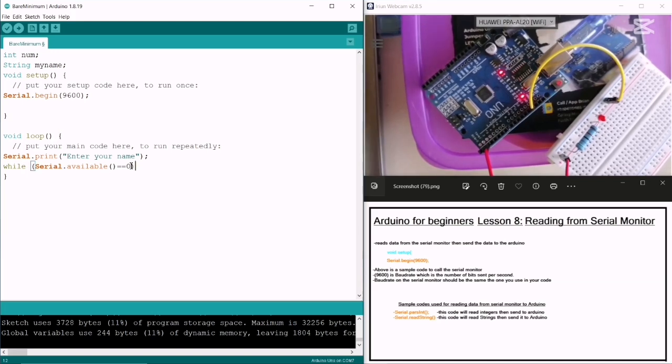And then we open here. So this is our while loop. As long as no data has been entered into our serial monitor, we are going to be looping nothing. So the program will be currently at rest. However, once we receive data from the serial monitor,